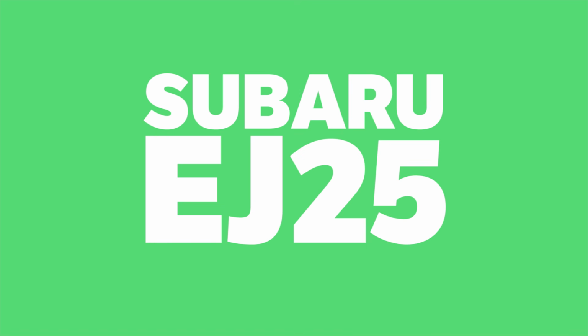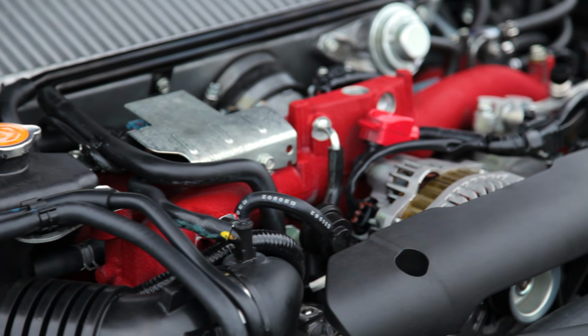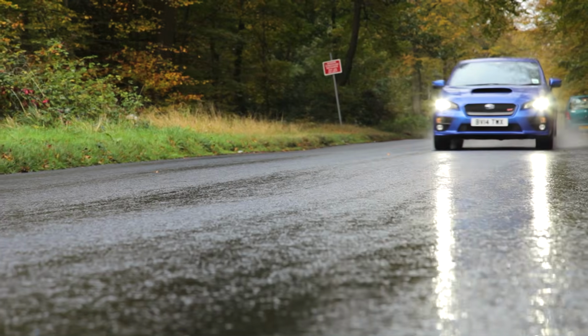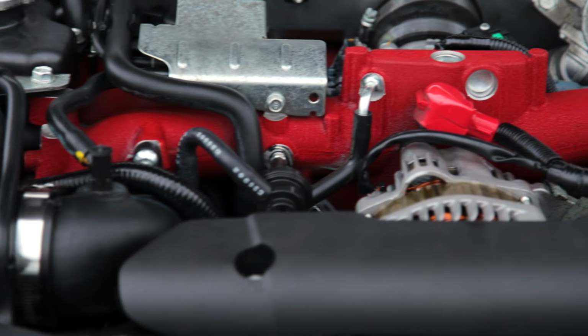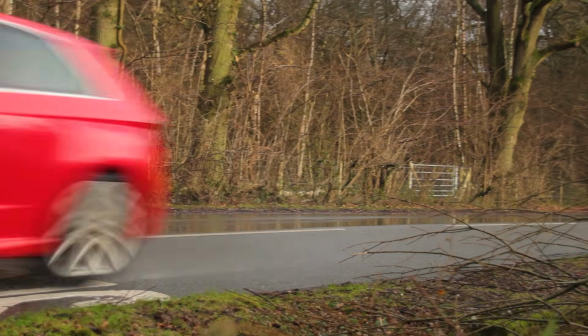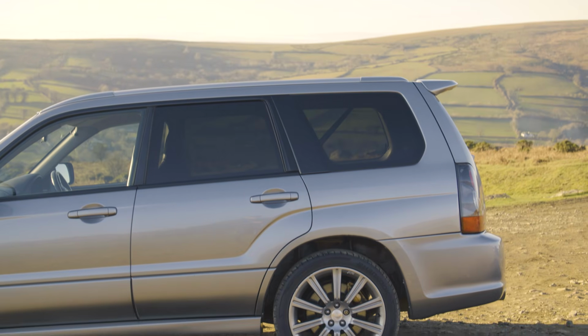Subaru EJ25. The EJ25 is a bit of an awkward one. Sure, it's always a popular choice with people, but there are plenty of reasons why it shouldn't be in this list. Certain versions are known to be prone to head gasket failures, and they're not what you'd call economical. In fact, these engines are made to look shockingly thirsty next to the current crop of hot hatches that are just as powerful. But this list wouldn't be complete without a Subaru Boxer engine,